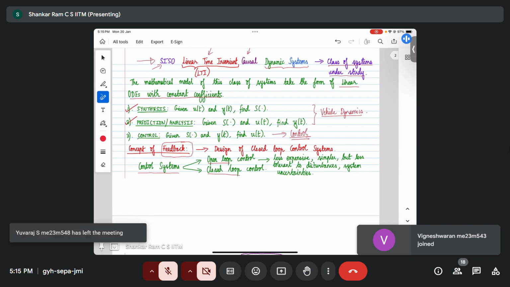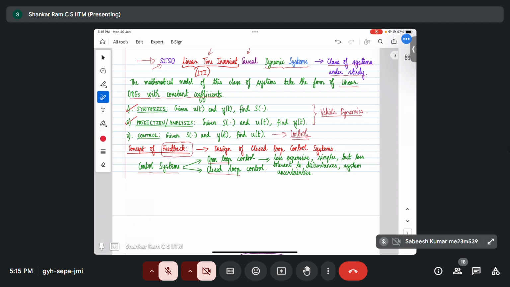Suppose, let us say I add some inertia to the fan. Let us say tomorrow I attach some weight or some other contraption to the ceiling fan. What's going to happen is that the rotational inertia of the fan will increase. So all those come in as disturbances and system uncertainties and so on, right? Then what will happen? If I set the speed setting as 4, it may not end up rotating at the same RPM as